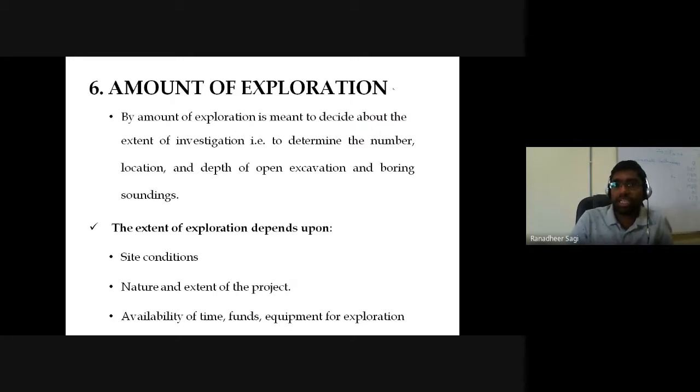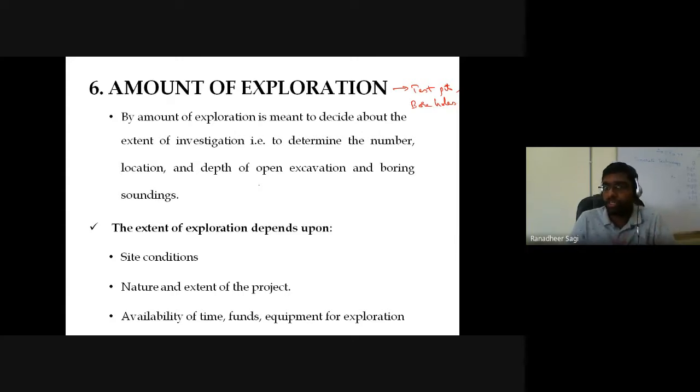How are we trying to understand the condition of the ground? Either by making use of test pits, or by making use of boreholes that you make into the ground. These test pits are very easily understood. We make an open pit excavation up to a depth of 3 meters or so. But in the case of boreholes, what should be the maximum depth to which the borehole is to be made?